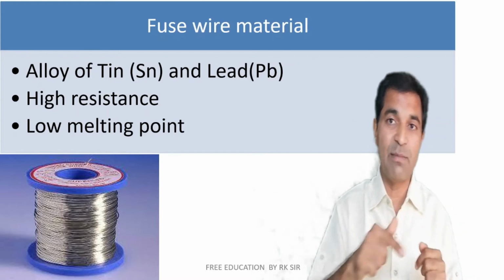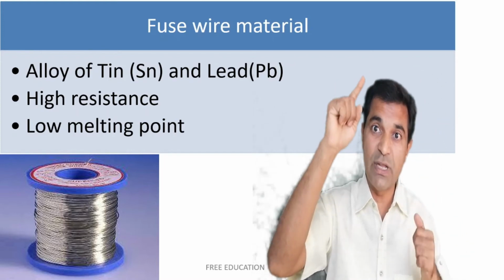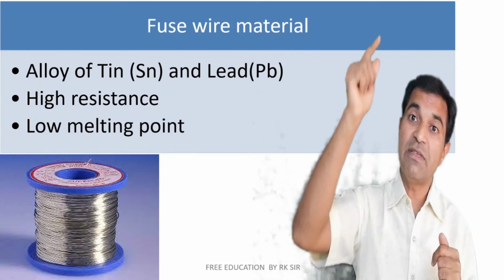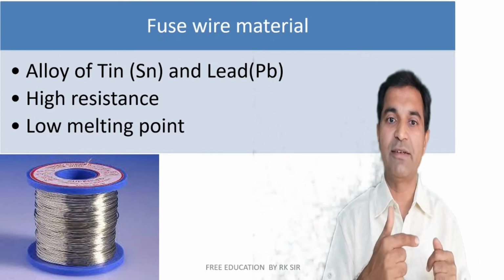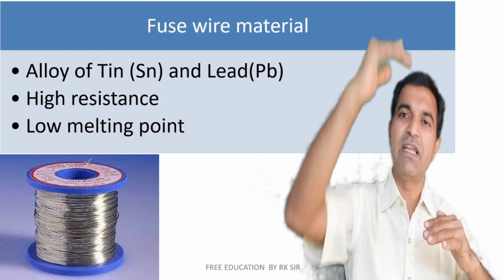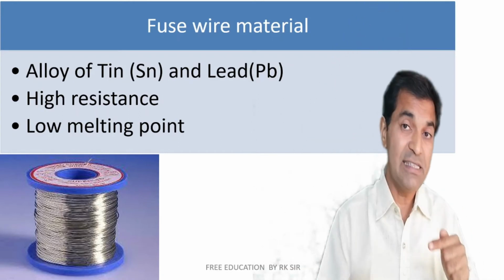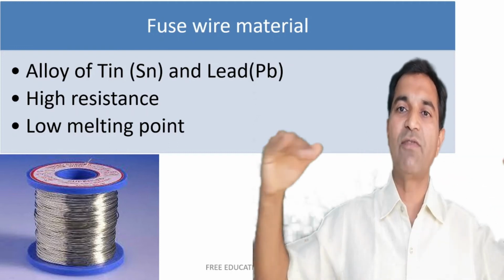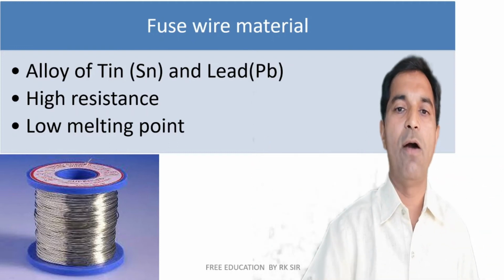Higher the amount of current, for example 2, then square of 2, that is 4, will be there. But if it is 3, then square of 3, means 9, will be there in the multiplying factor. So higher the amount of current, higher will be the heat, and since it has a low melting point, it will instantly burn away and the circuit will be opened, circuit will be off.